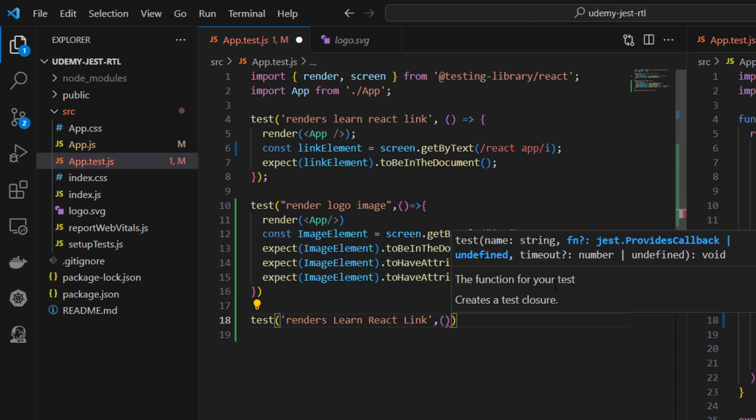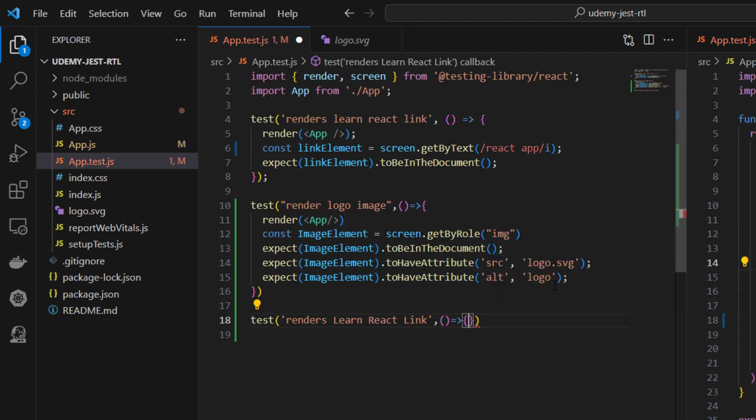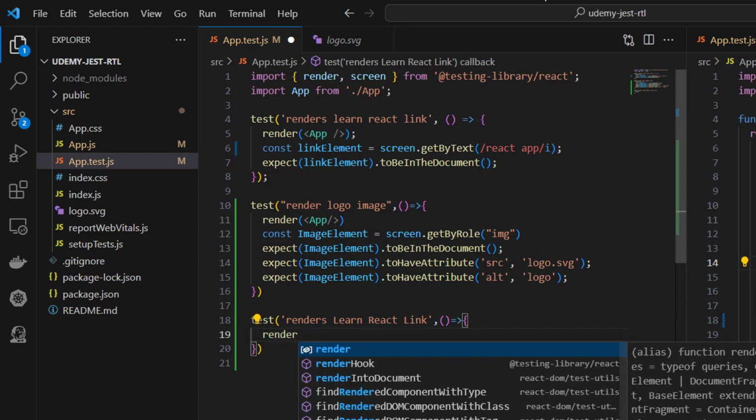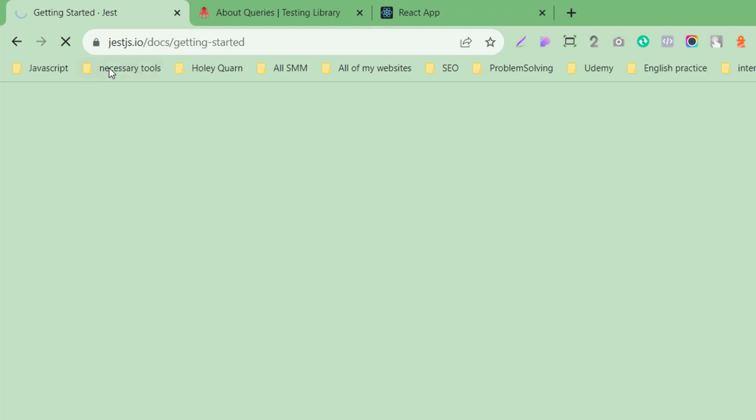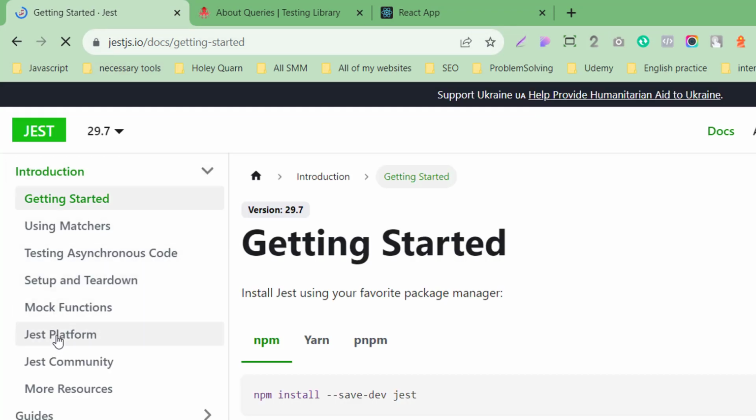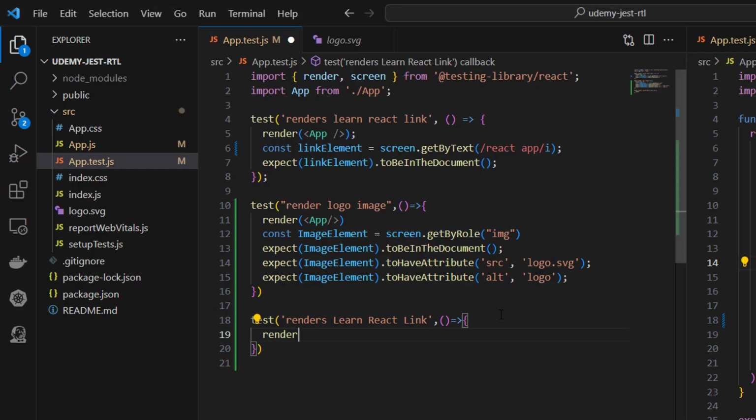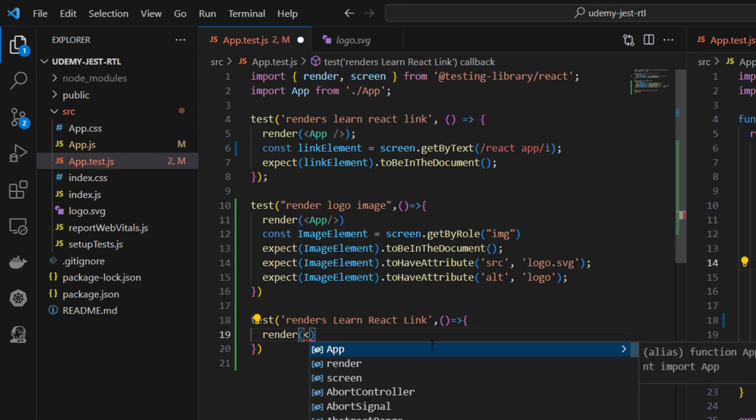Okay, so what we need to do is follow the convention, and we need to render. Redundantly, we are writing render three times. It has a solution also, and its name is setup and teardown. I am showing you later how we get rid of this redundancy. Okay, so render App,